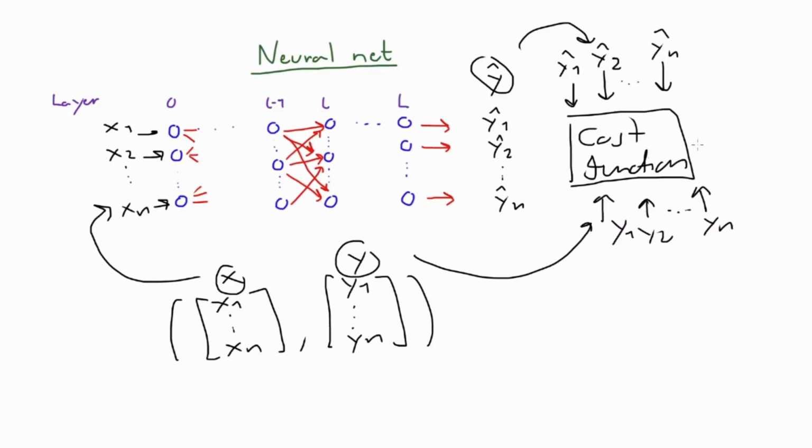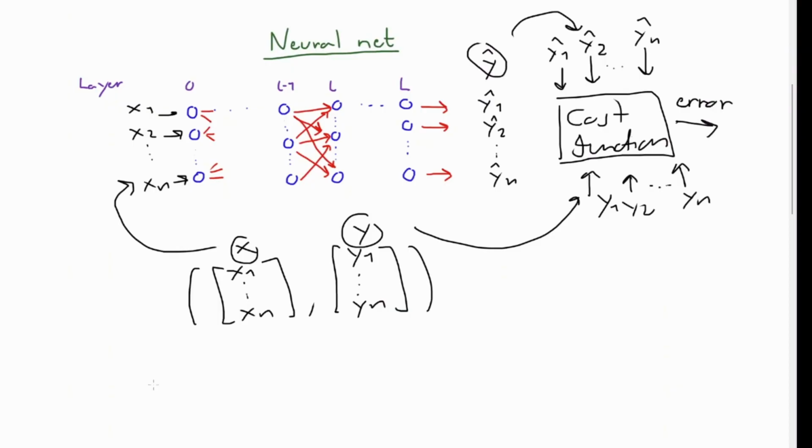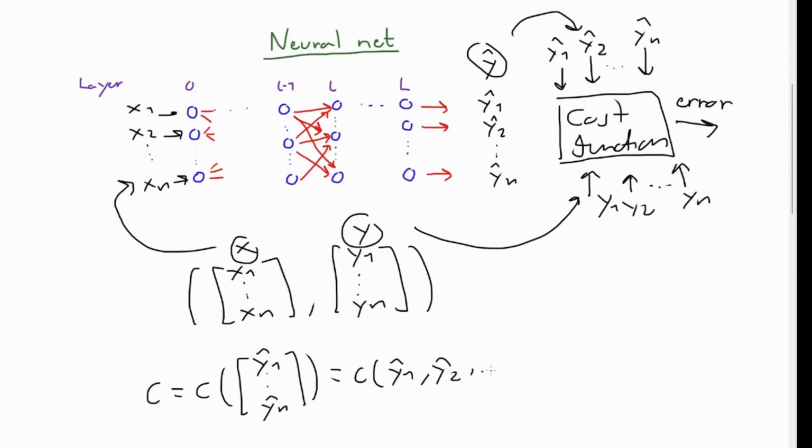And computes a metric distance between the two, which then becomes our predictive error. It means that our cost function, which we denote as C, is a function of our predictive vector yhat, all the way down to yn. And by extension, it is a function of all the entries of yhat. So yhat1, and let me just include yhat2 this time, and yhatn. And these yhat terms, the entries here, are really activations of the neurons of the